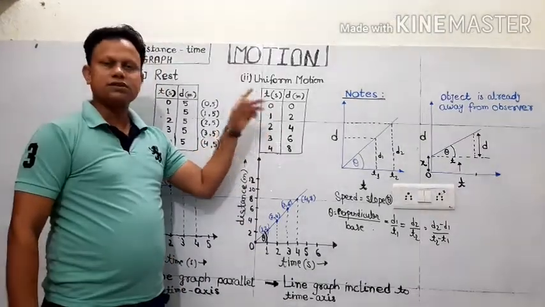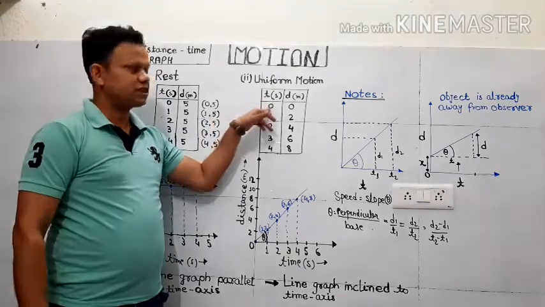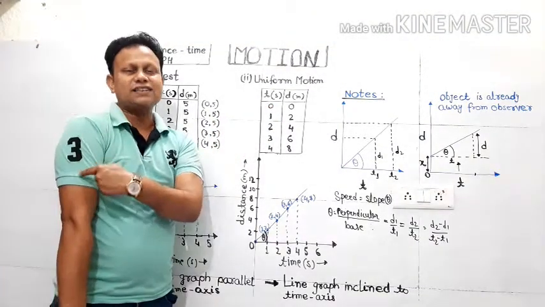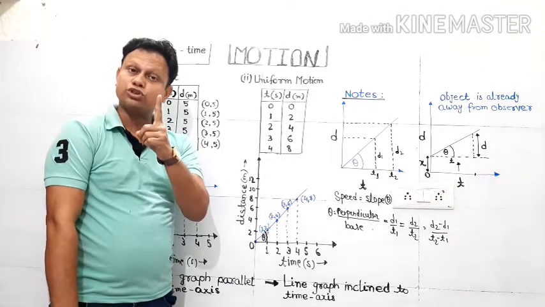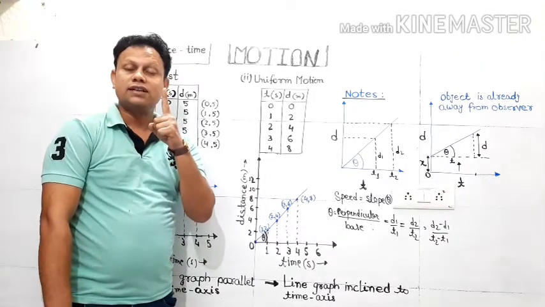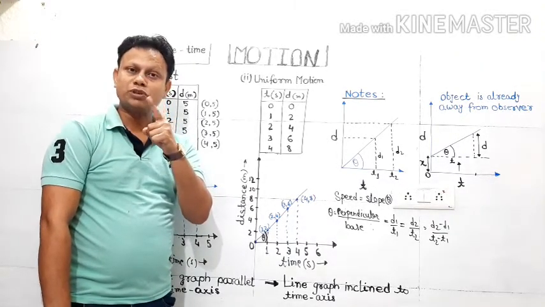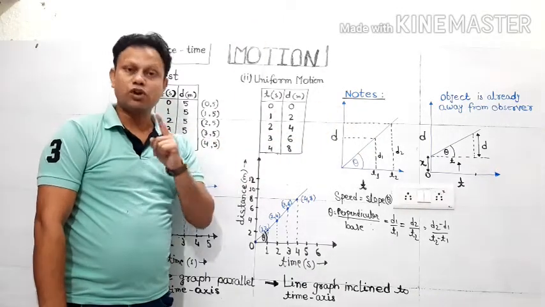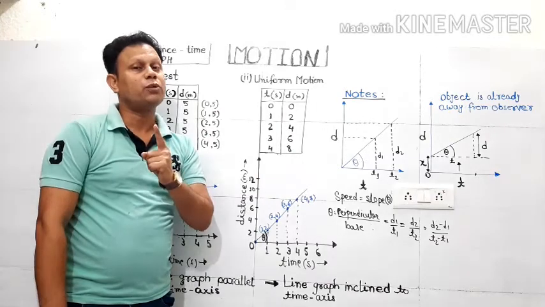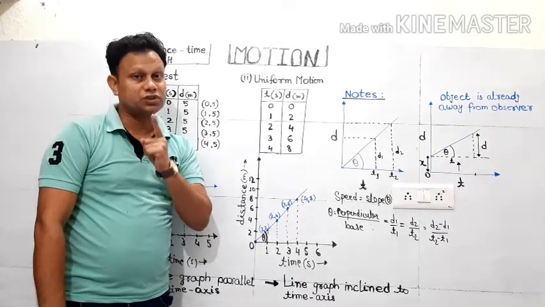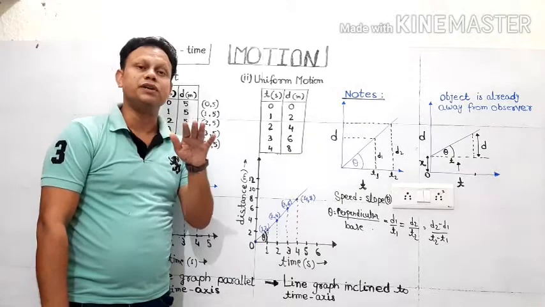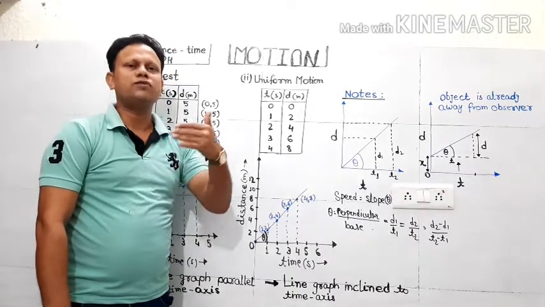Again, I am taking a situation when the observation starts, that means at 0 second. The object is just passing by me, already in motion, because I have already mentioned that uniform motion cannot be at the beginning or at the end of any journey. So when you are observing any object in uniform motion, that means when your observation starts, the body should already have some speed. But it can be observed from any position.